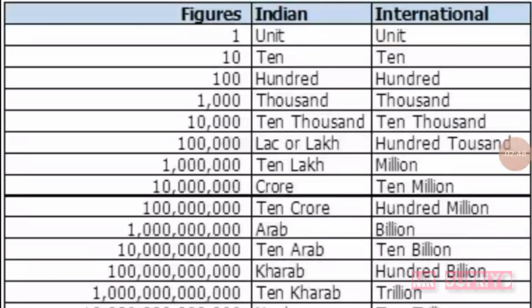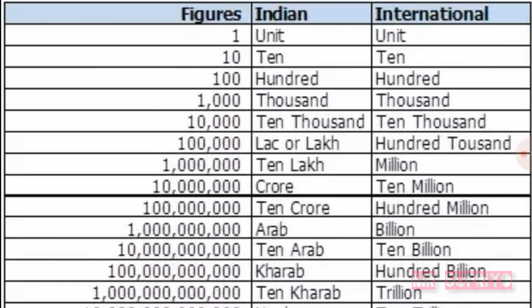This is the comparison chart of Indian and international place value chart. Here you can see 1, 10, 100, 1000, 10,000 are equal. From 1 to 10,000 all are same, and from lakh you can see the differences. 1 lakh is equal to 100,000, 10 lakh is equal to 1 million, 1 crore is equal to 10 million,